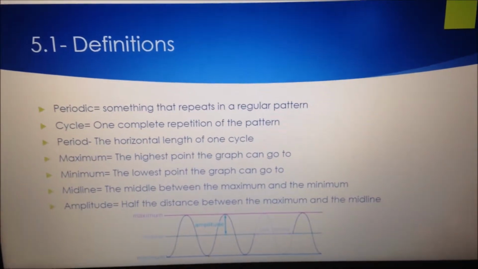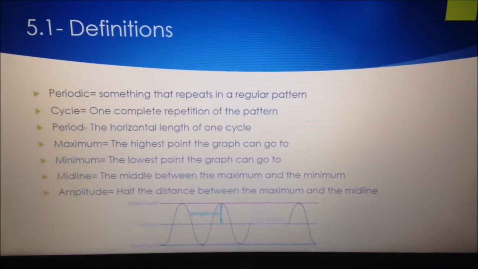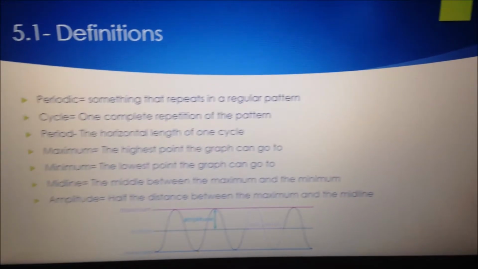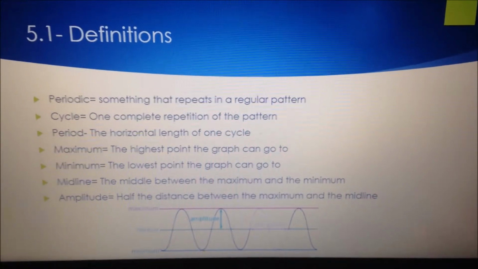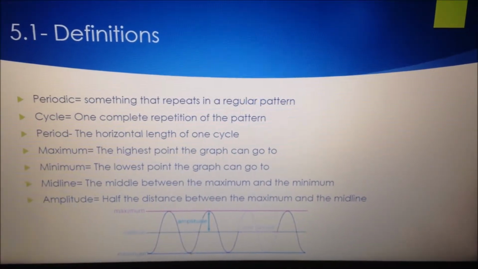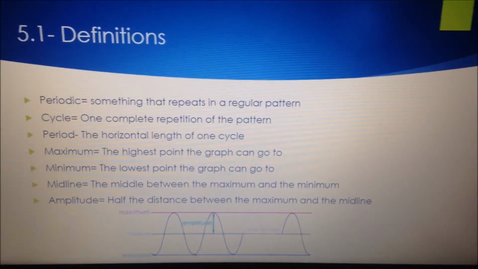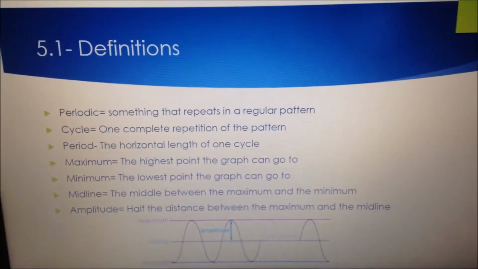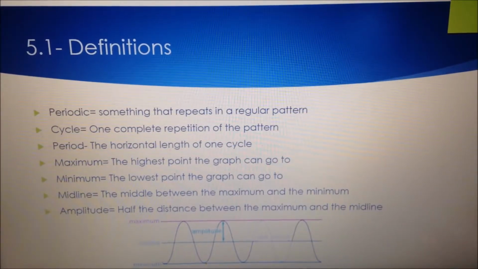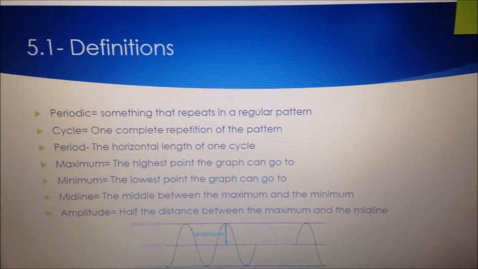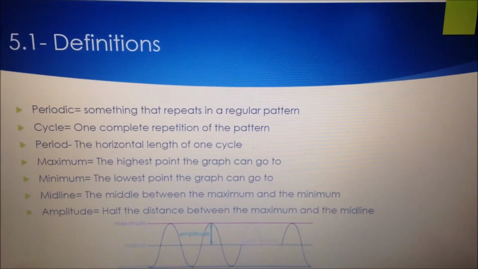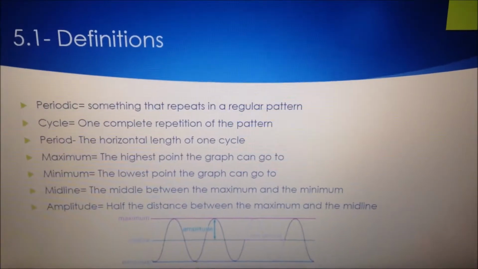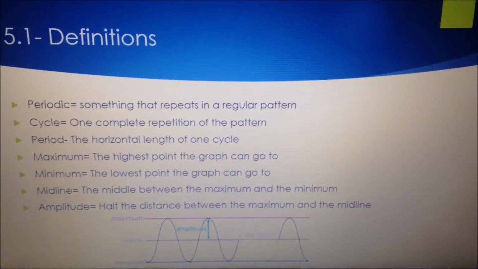So first you have periodic, something that repeats in a regular pattern. Then we have a cycle, which is one complete repetition of that pattern. We have a period, which is the horizontal length of one cycle. We have the maximum, which is the highest point a graph can go to. The minimum, the lowest point a graph can go to, and then we have the midline, which is the middle between the maximum and the minimum, and then we have the amplitude, which is half the distance between the maximum